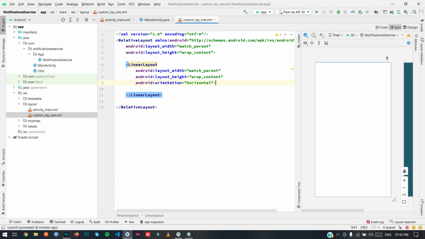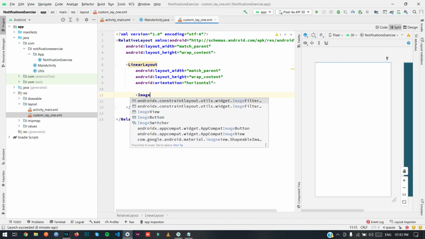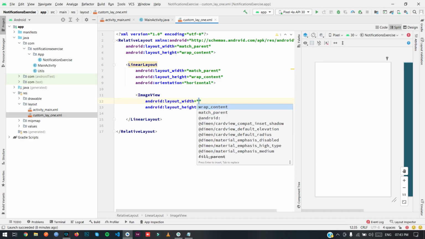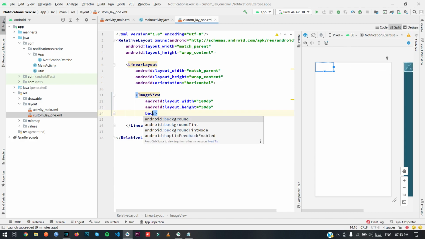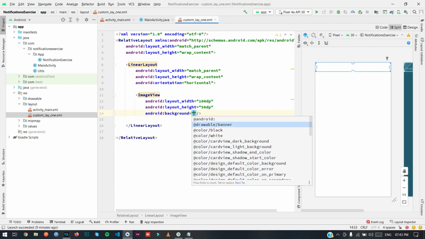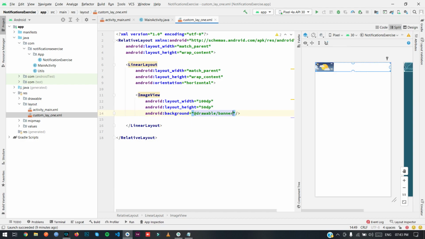Okay. And then I'm gonna use an image view, with 100 dp as width and 50 dp as height, and I'm gonna set the background. I already imported an image, which is here, banner image. You can import your own and use it.